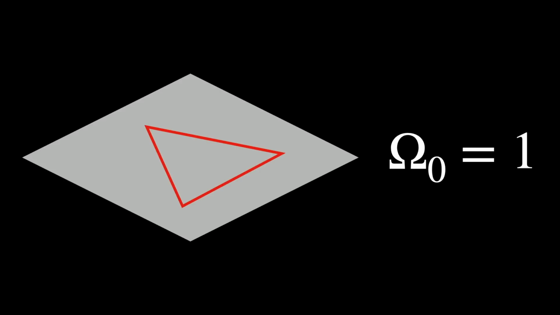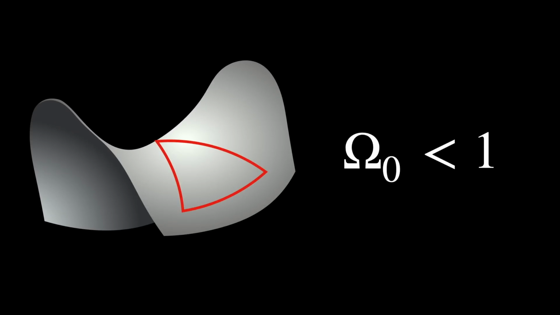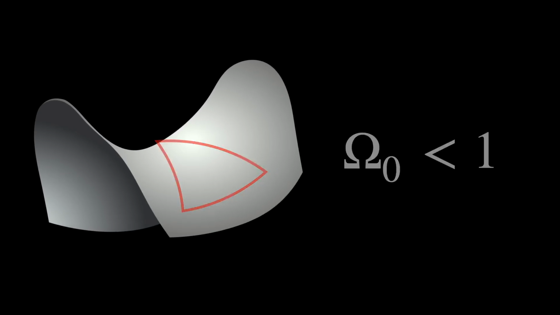On the other hand, if omega 0 equals 1, the universe is flat with 0 curvature. And thus the familiar rules of Euclidean geometry can be used to study its structure on large scales. This flat universe would expand forever, but the rate of expansion would asymptotically approach 0 as gravitational forces gradually slow the outward motion. If omega 0 is less than 1, the universe has negative curvature and is infinite. In this case, the universe would also expand forever, but at an ever-increasing rate, because of the insufficient gravitational pull to counteract the initial expansion.